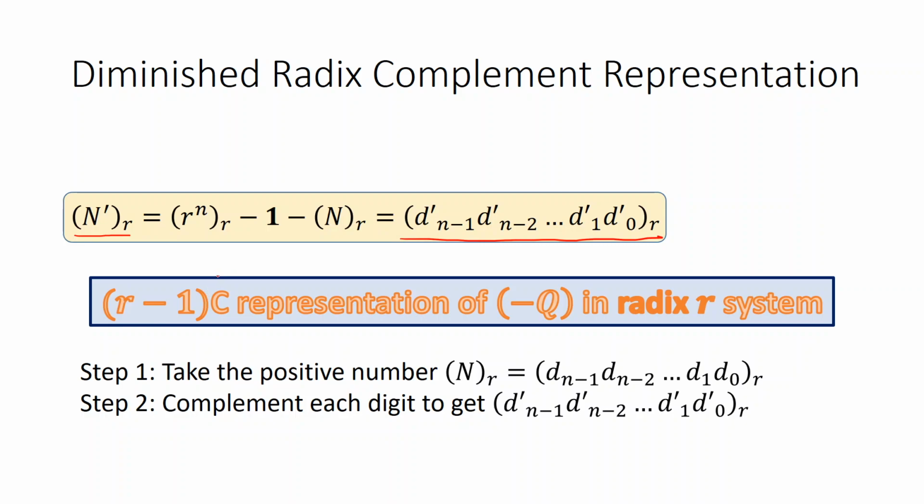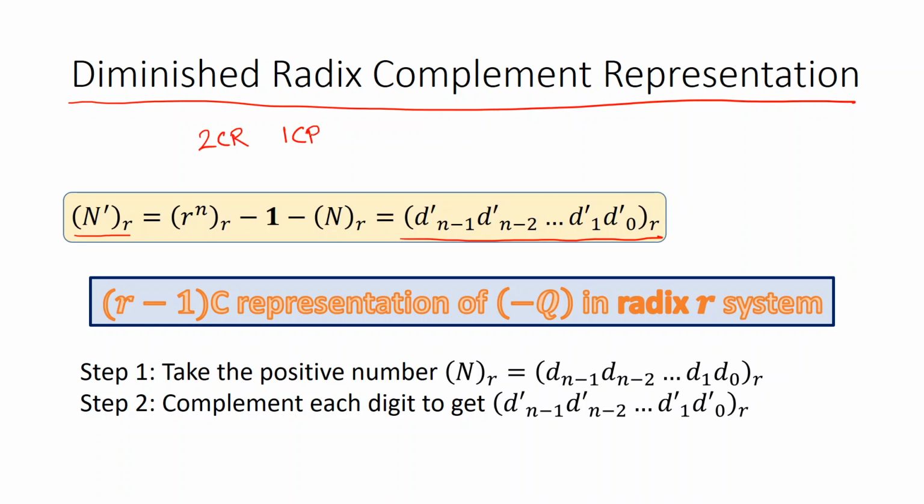So you don't have to remember adding the 1. You have to only complement the bits. So this is in diminished radix complement representation. So if you have radix as 2, the binary system, what you are doing is 1's complement representation. Previously we learned about 2's complement representation. Now we are looking at 1's complement representation. Previously what we did was 2's complement of a number. Now what we will do is 1's complement of a number.